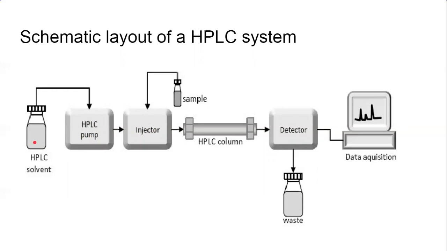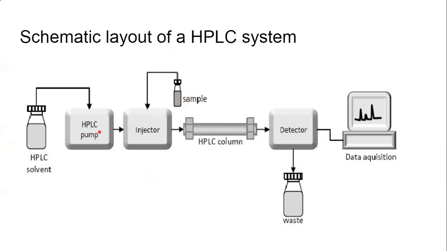The mobile phase may be one solvent, or it may be a mixture of solvents. An ideal mobile phase mixture generally contains more polar as well as non-polar solvents in the appropriate proportion. Generally the selection of the mobile phase depends on the nature of the column as well as the nature of the analytes.